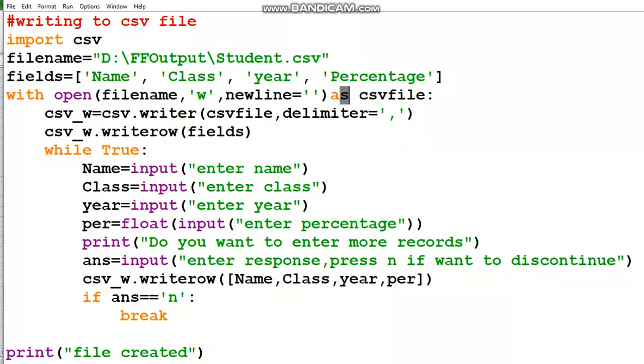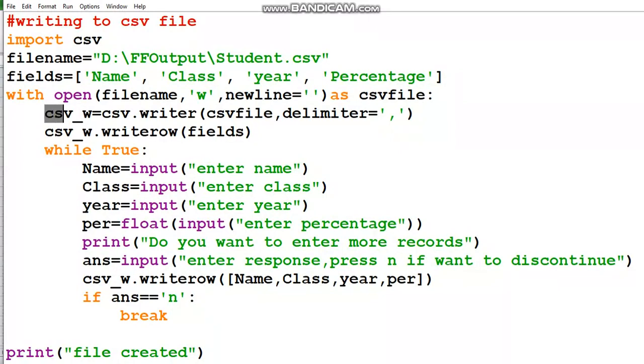And as the file object's name, here I have taken csvfile. You can take any variable. And with open, when you are writing, one thing is there: every piece of file handling code has to be within this statement. After this colon, the complete block will be coming. And you need not close the file if you are using the with open option for opening the file. So this is just a simple way.